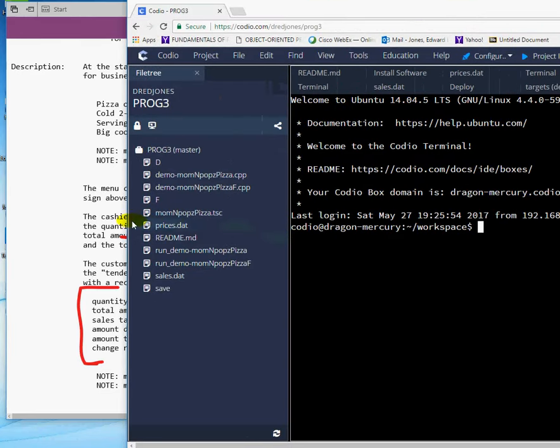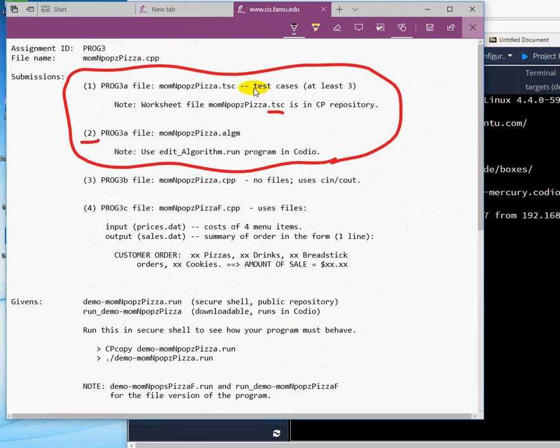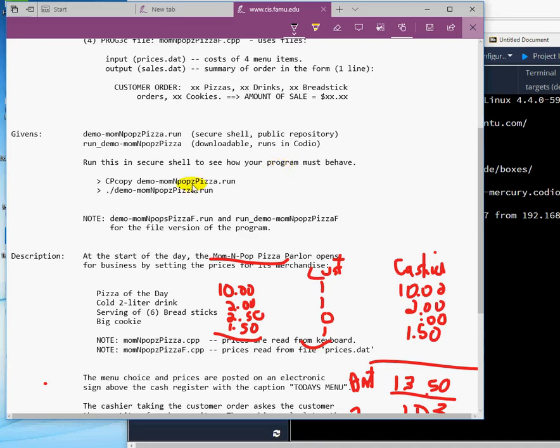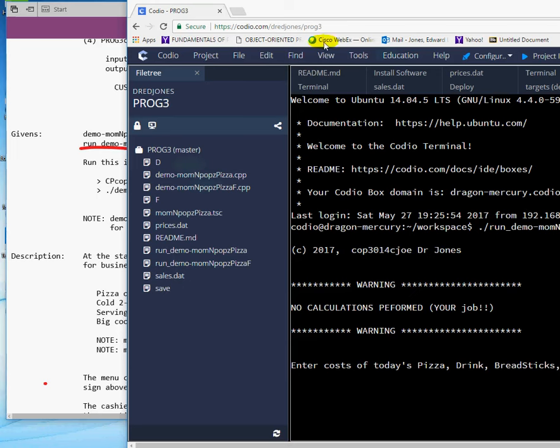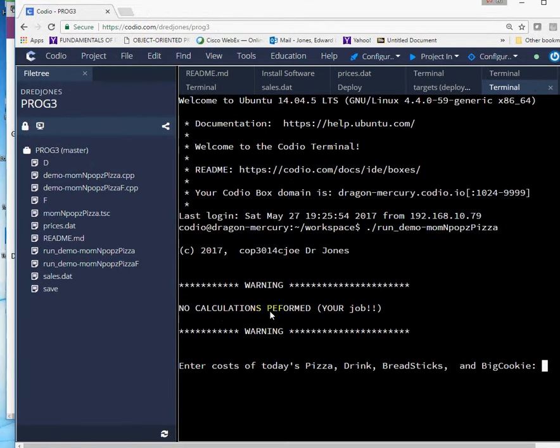For that, you notice over here that you are given some demos. There's a demo program. Where is it given? In Codio, there's going to be a demo called Run Mom and Pop's Pizza. And if you look over here, we have this demo. All right? So if we want to run the demo, we say /run, boom. And I'm not sure if you're seeing this. Hope you can see it. So as we run this, it says enter the cost of today's stuff. We say it's $10, $2,